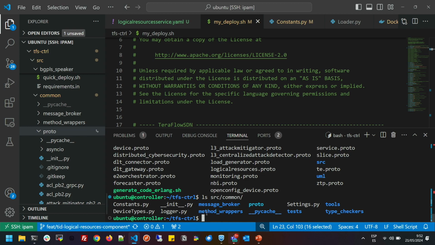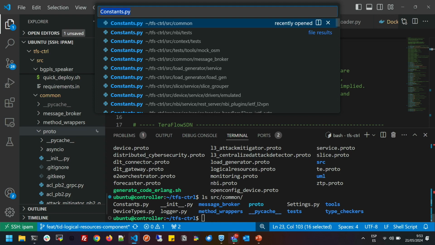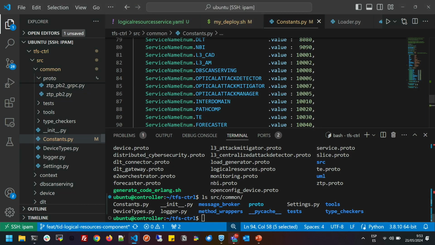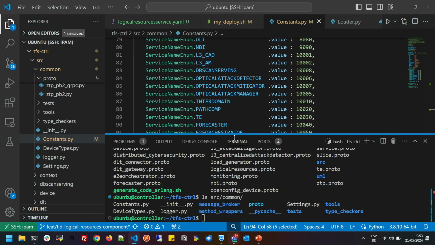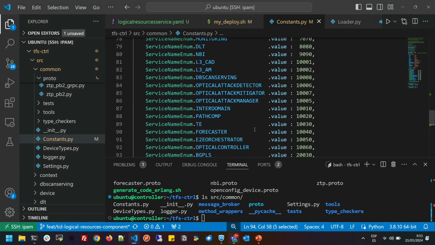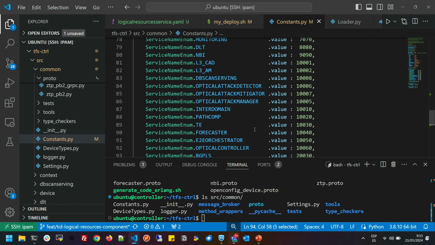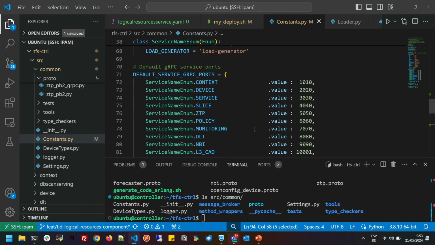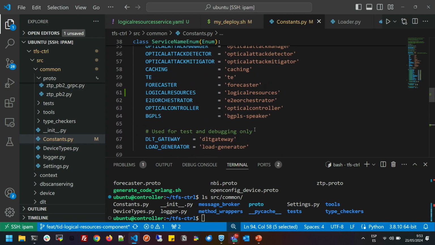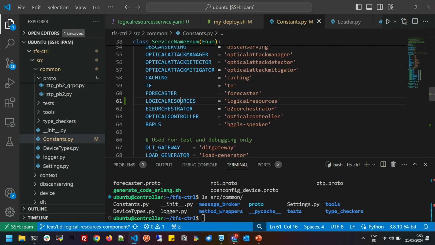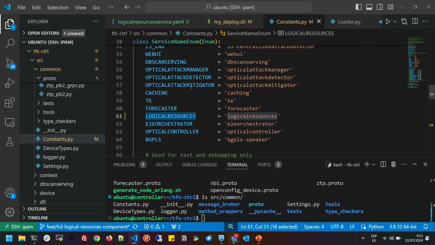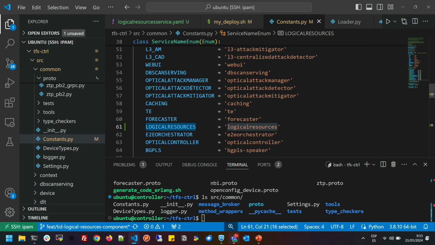We are going to add just a couple of lines in this file. As you can see, this is a configuration file Teraflow uses to deploy, and what we are going to do here is just add a couple of lines. First of all, we are going to add the name of the new component to this list of names